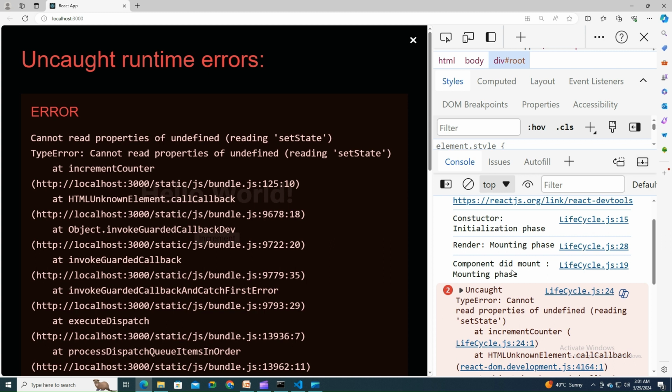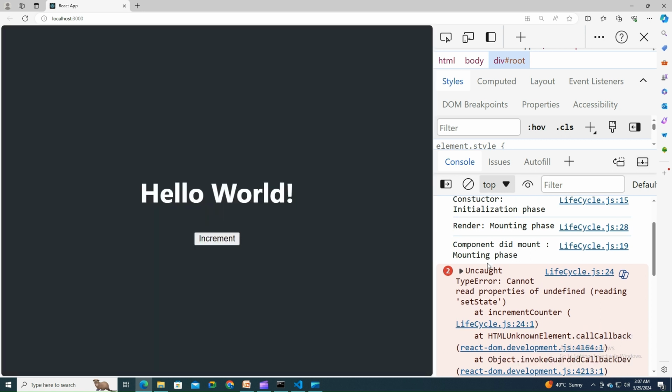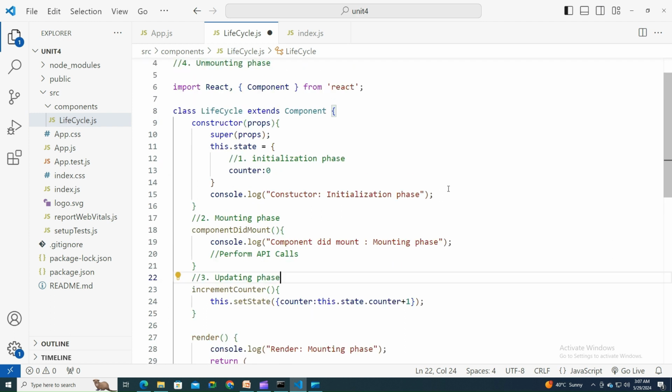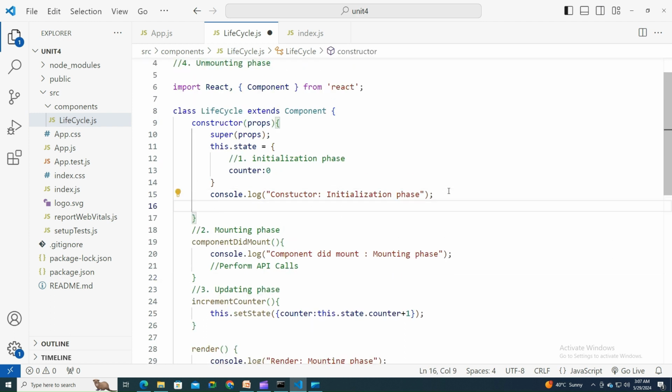Cannot read properties of undefined, setState. We are facing this issue reading setState. All right, it seems we did not bind our method increment counter. Yeah, here you go. We did not bind this. Bind the method increment counter